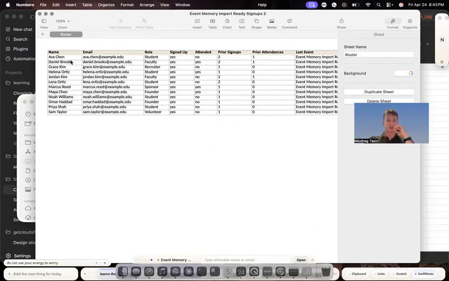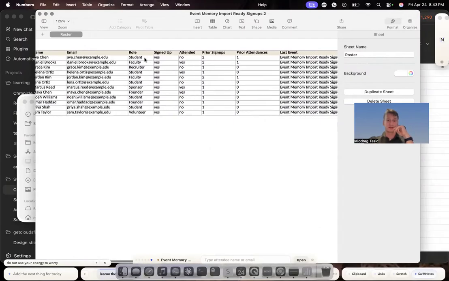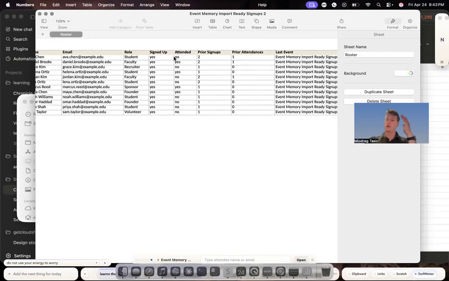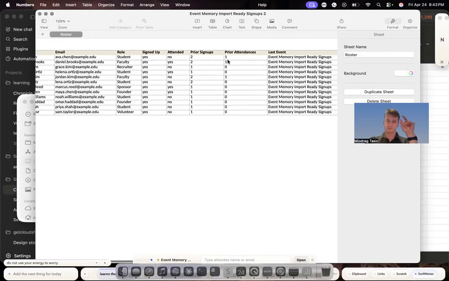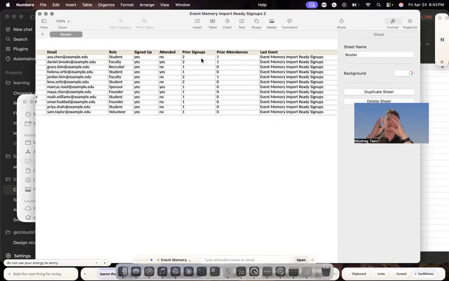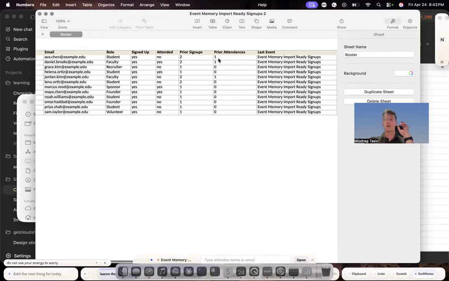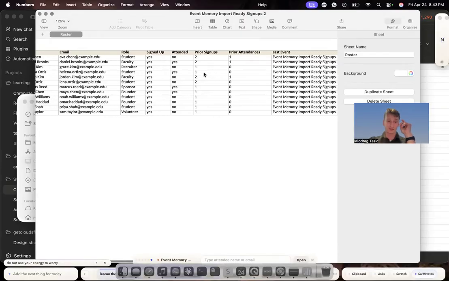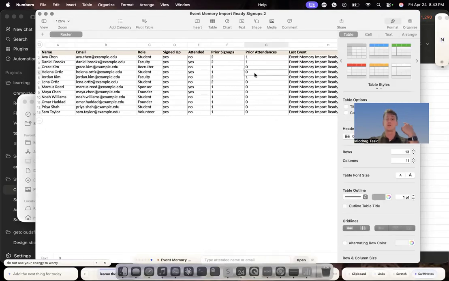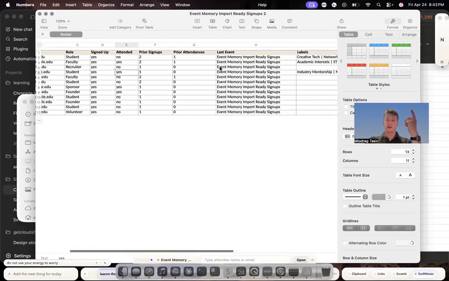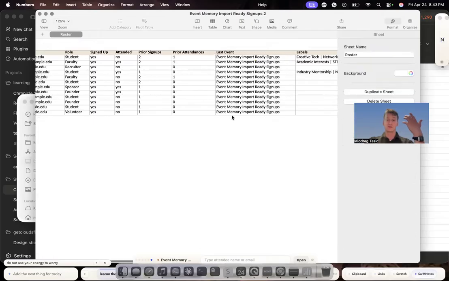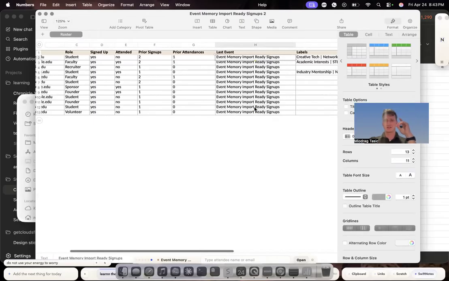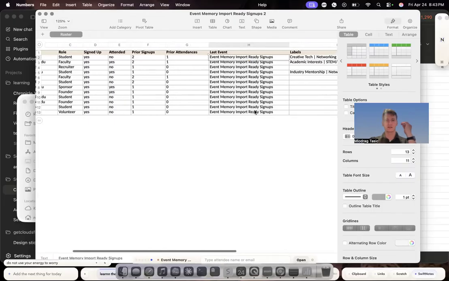Okay. So Ava Chen signed up. Yes. Attended. No, we did not check her in. Prior signups, 2. That includes this one. So it's inclusive. Prior signups is actually just signups itself. She did not attend. Prior attendances before this event was 1. So Helena did not attend before this, but she did attend this time. Last event, well, this is the last event that people signed up for. This is not correct. This needs to get updated because it doesn't make any sense to have last event here